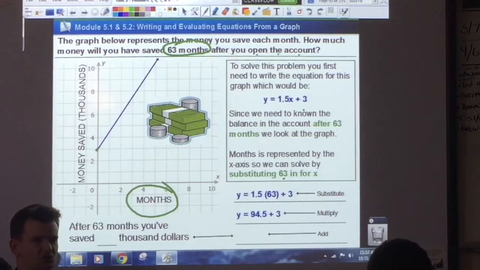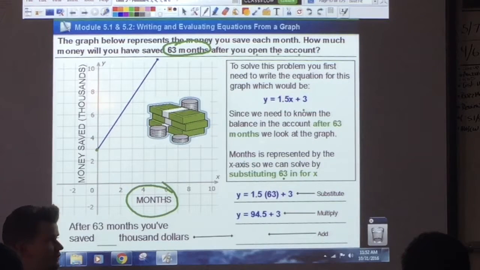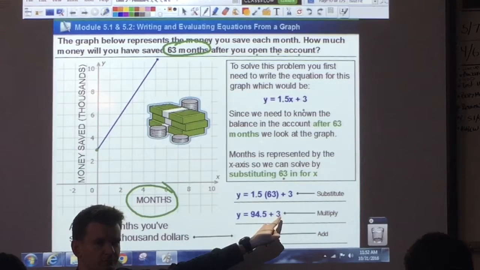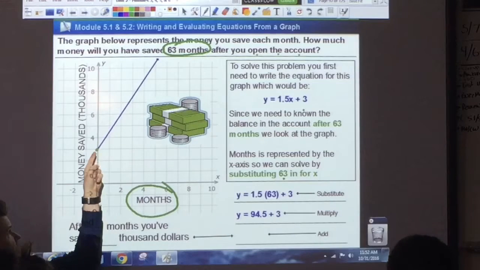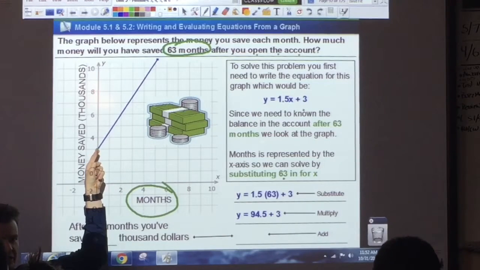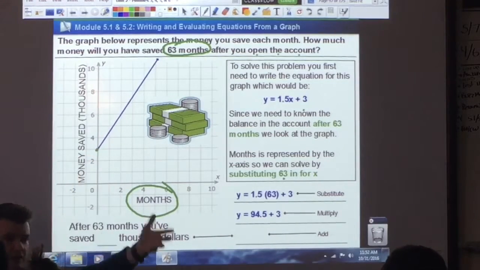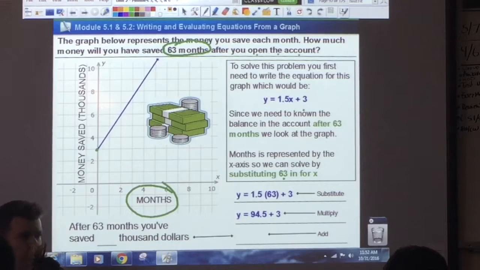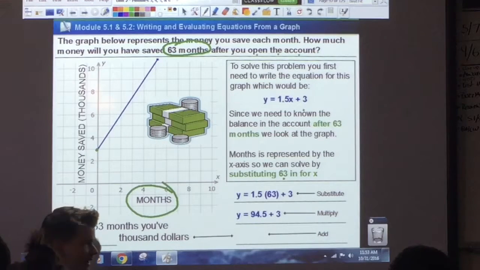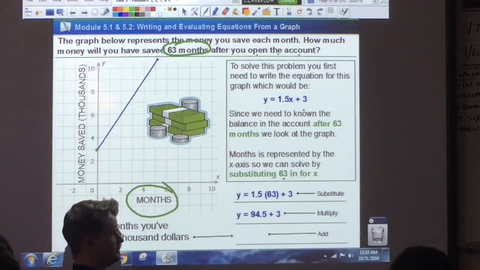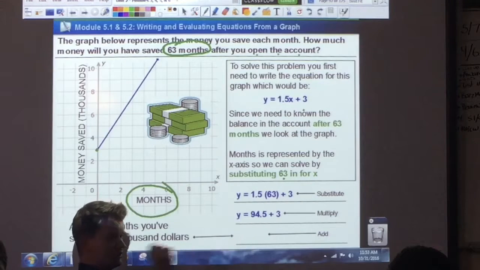That will give me 94.5 plus 3. The most common mistake here is people forget to do the addition. They'll multiply and they'll think they're done. They forget about this little thing right here. But if you look at the graph, did we start at 0? No, we started at 3. The good thing is you started with money in the bank. That's a great thing. I have money in the bank already. So, you substitute, you multiply, and then you have to add them together, and you should end up with